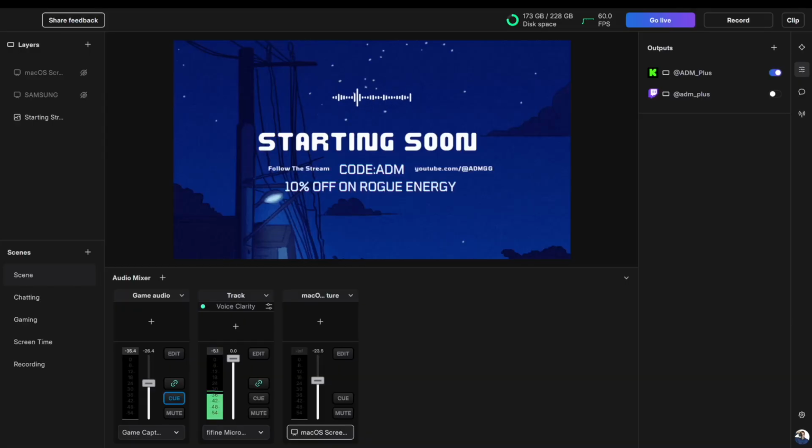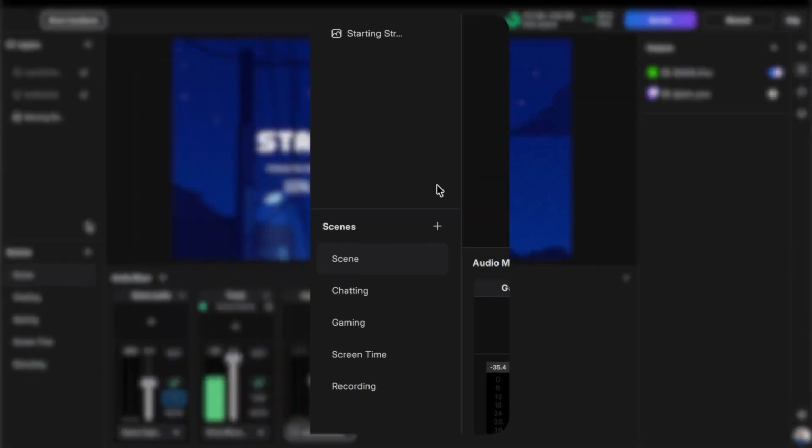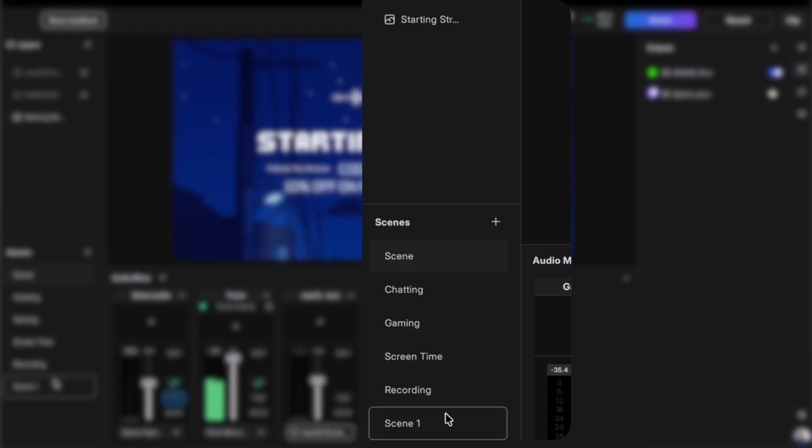Now first, when you open up Meld Studio, you are greeted with a decent UI. I mean, compared to obviously OBS and Streamlabs OBS, they are going to be very similar, but Meld Studio actually has a decent layout. Of course, on the left side, you have your layers, also known as your sources, and also your scenes, which are easily accessible, and it's actually pretty easy to manage and easy to add or remove sources or layers,